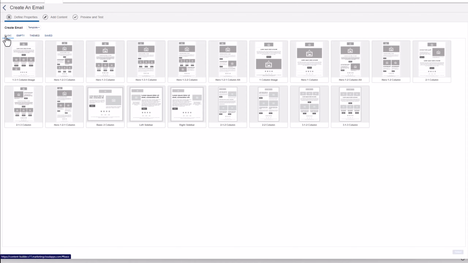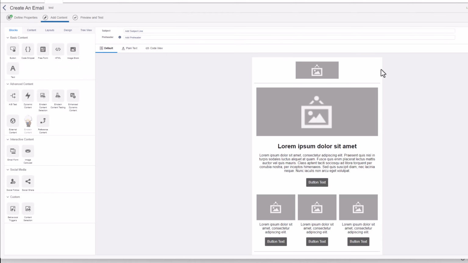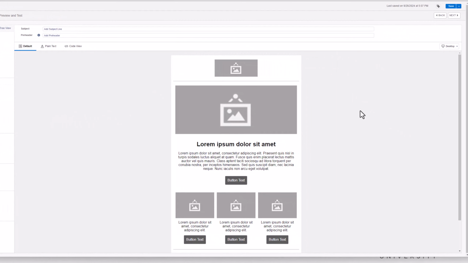And if I go to a basic email, let's say I want to be able to use this as the foundation for my email, I can select it. We'll call it Test. And then if I go in here, this is what the template would look like. Of course, I would add my own elements in here. But if I wanted to get a sense of what this would look like on a mobile device while I'm building it,